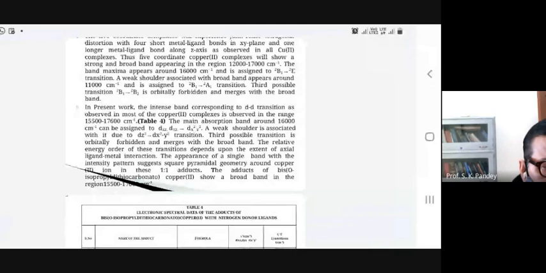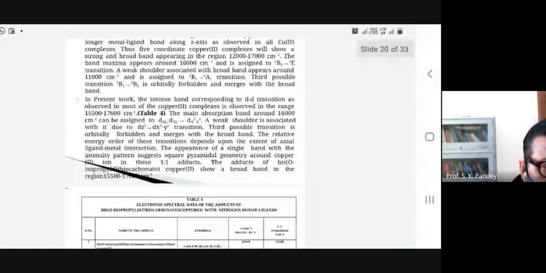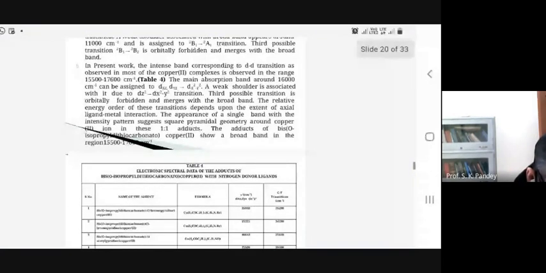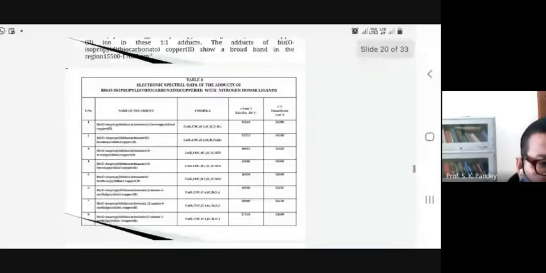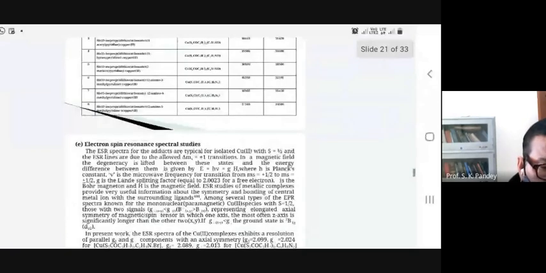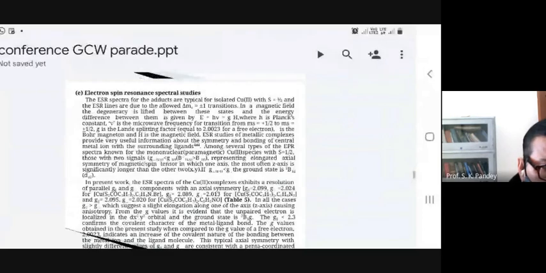And the third possible transition depends upon the extent of the axial ligand metal interaction, and the appearance of a single band of high intensity is suggestive of square pyramidal geometry around the central copper metal ion. This is the electronic spectroscopic data of the complex, and these complexes are further characterized by the ESR studies. Since copper has a spin of 1/2, we have